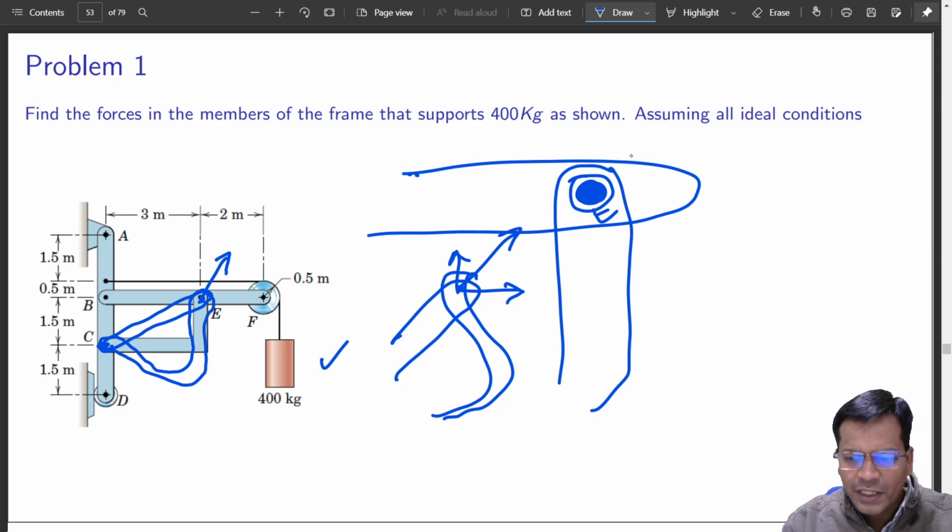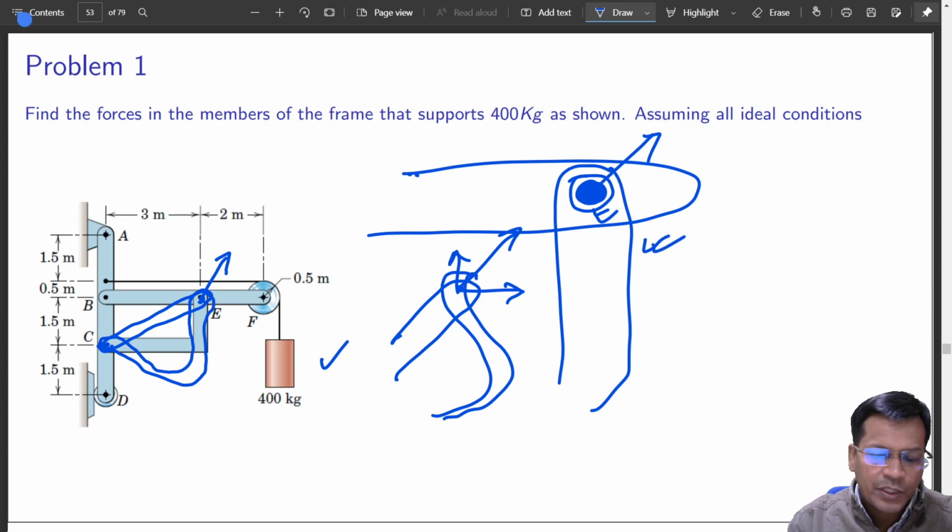Yes, it will be in a similar direction, not CE. We will see as it goes. If it is C, it is C. If it is something else, it will be something else. But as long as the distance between these two points remains the same, the direction would remain the same. This is something very, very conceptual. You should understand, because that is what is taking up the load. That is what is creating a moment which balances against the moment caused by this load, if you take it about this, is it not? Now you got it, why it should be the same.